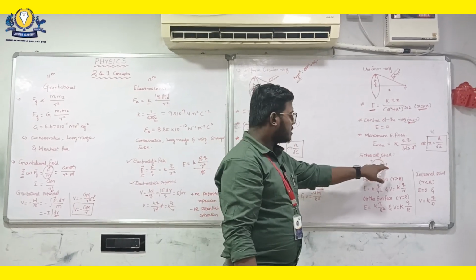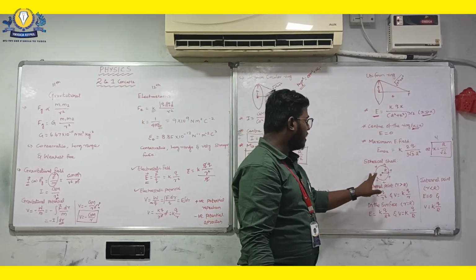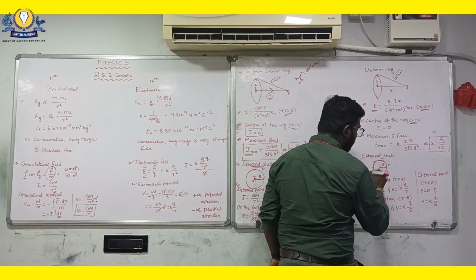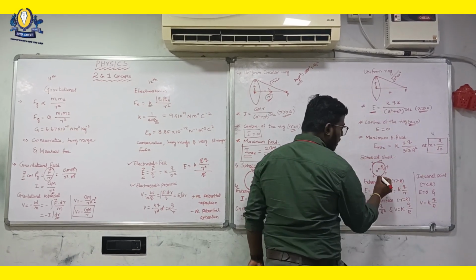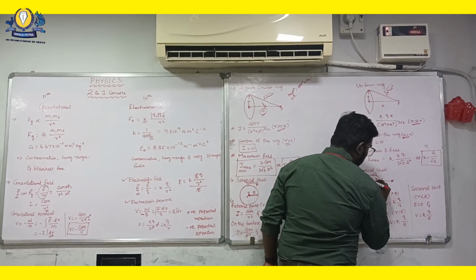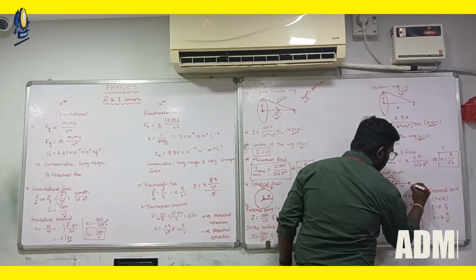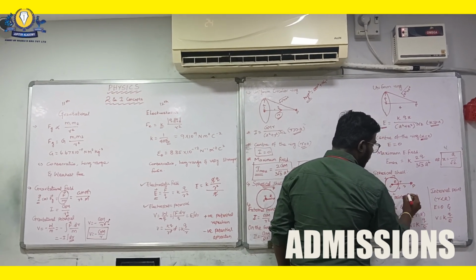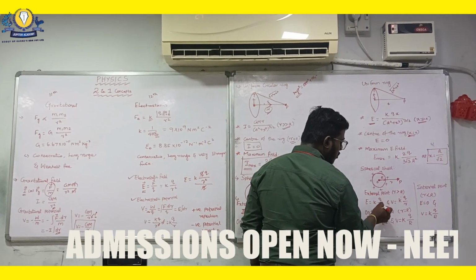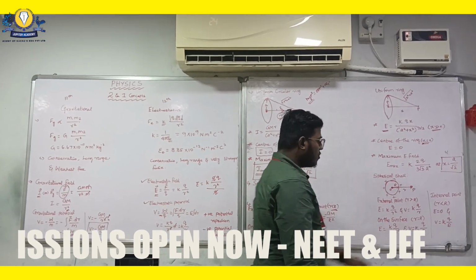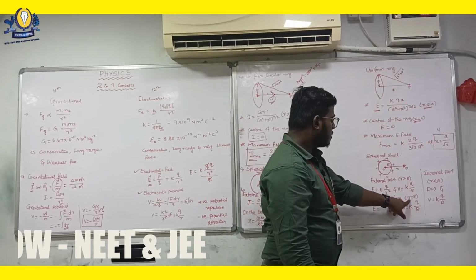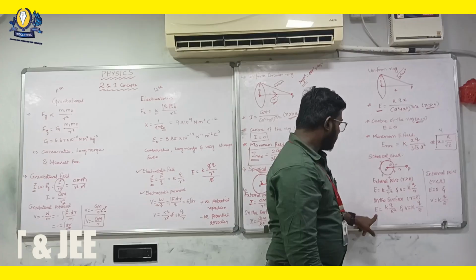Next, the spherical shell with the same electrostatic field. Consider a charged spherical shell. For an external point P, small r is greater than capital R. So E is equal to K into Q by r square and potential is equal to K into Q by r. On the surface, small r is equal to capital R,